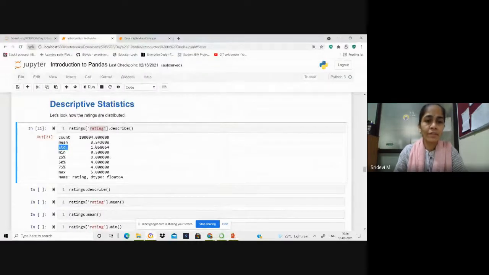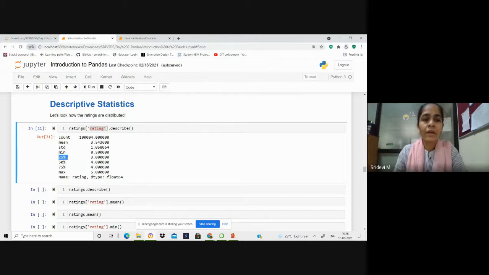So the standard deviation here is 1.05 and the minimum value that is located is 0.5, and these are the important percentages that you need to understand carefully. 25%, 50% and 75%. 25% is called as the first quartile.